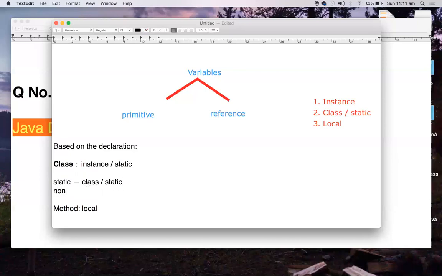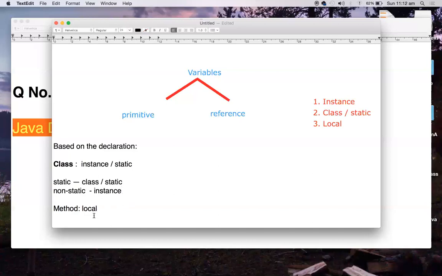If non-static, meaning the static keyword was not used, then they are instance variables. Clear? So if the variables are declared inside a class, they can be instance or static. They are static because they were declared with the static keyword, which is a modifier. And if there is no static keyword and a variable is declared, then it will be an instance variable.